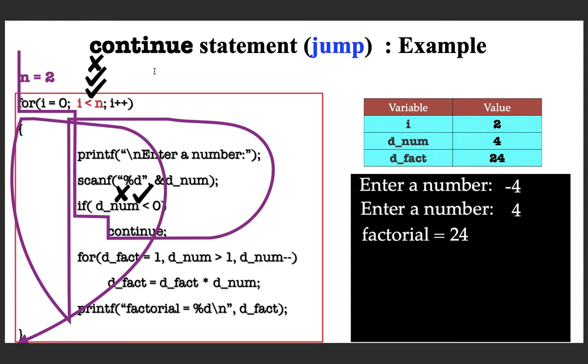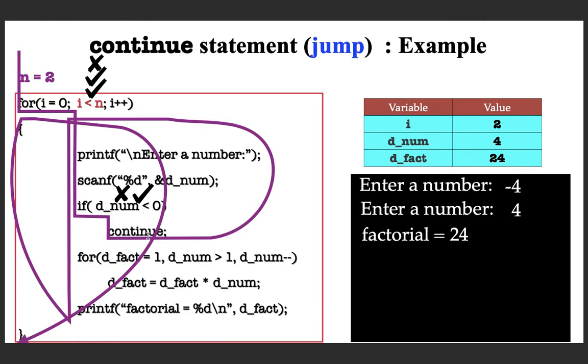So the take home from this example is that if you are using a continue statement within a loop, then the control jumps to the first statement of the loop from where you are executing continue. Okay, there is no point in using continue outside a loop.